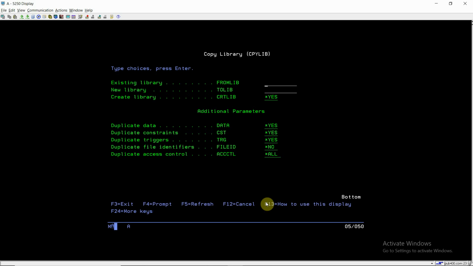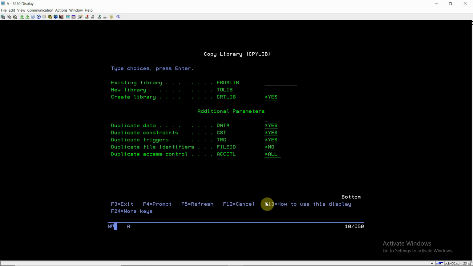We now have much more power in our hands if we want any data, constraint, trigger, file level IDs or member level IDs to be copied. We can use these parameters to create or copy a library from one library to another as per our need.